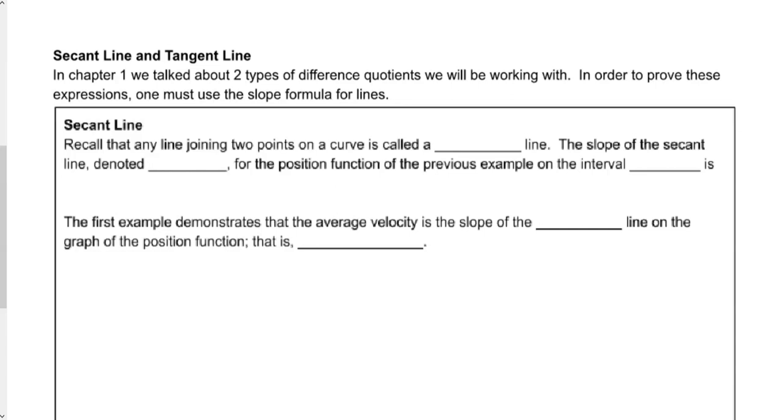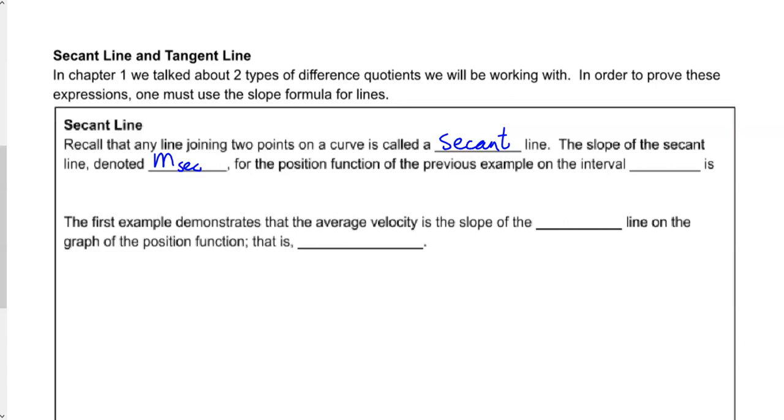So in chapter 1, we talked about two different types of difference quotients that we will be working with. In order to prove these expressions, one must use the slope formula for lines. And here for a secant line, recall that any line joining 2 points on a curve is called a secant line. The slope of a secant line is